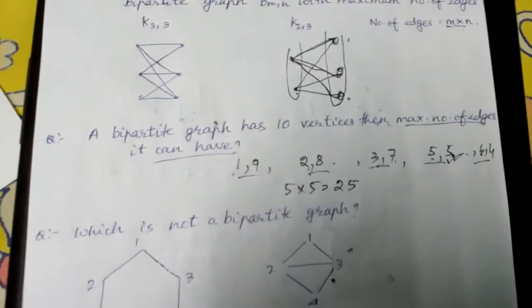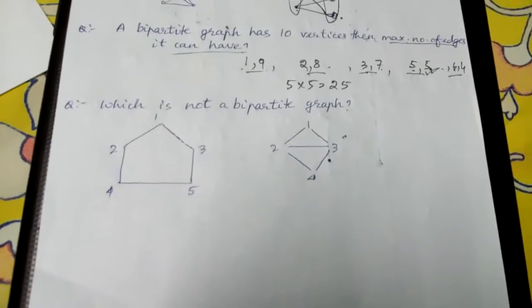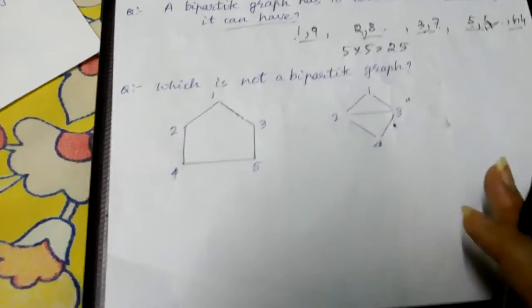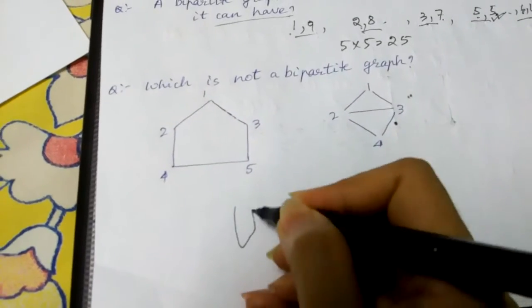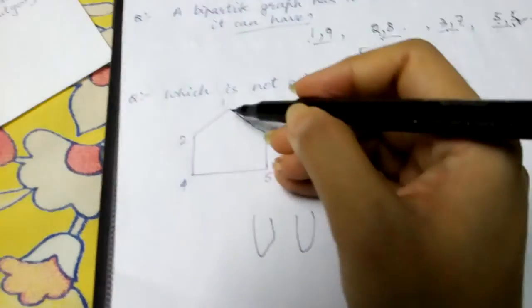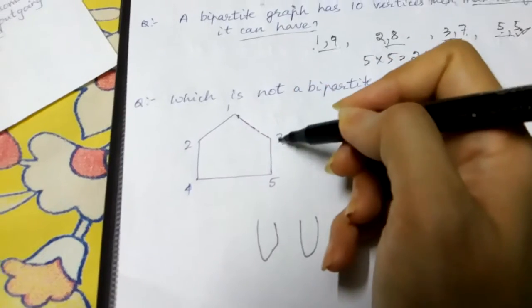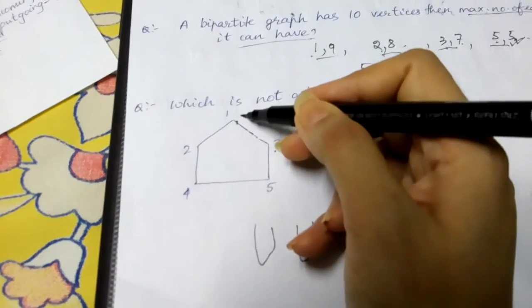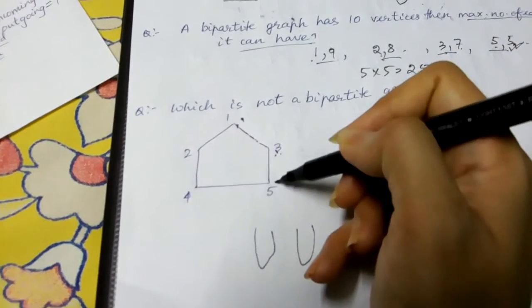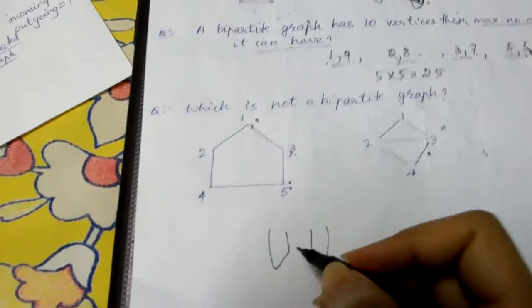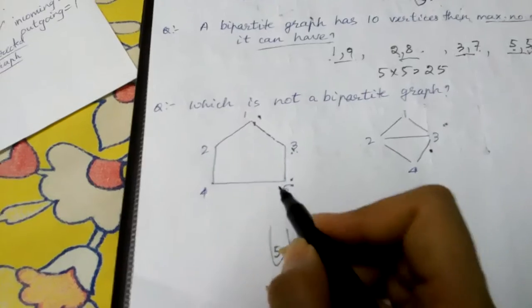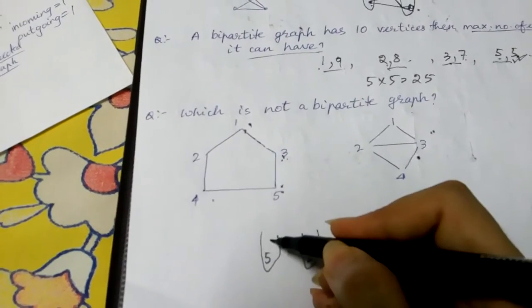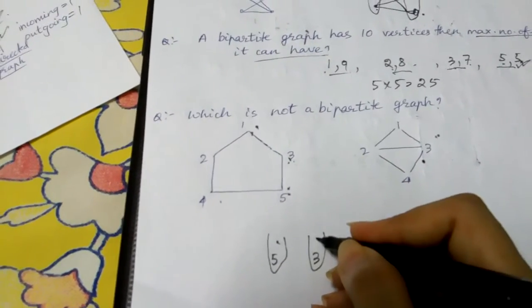Okay. You look into the next question, which is not a bipartite graph. For bipartite graph, we know that we have to have two such partitions where there cannot be connection between the edge. So if I take two partitions like this, so you see here that 1 and 3 is connected. So 3 and 1 cannot be put into the same partition. Again 3 and 5 is connected. They cannot be put into the same partition. So if I put 5 in this partition, I have to put 3 in this partition. Okay. Now 5 and 4 is connected. So I cannot put 4 in this partition. I can put 4 in this partition.